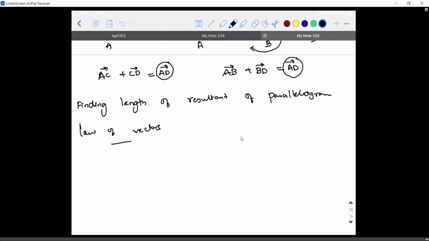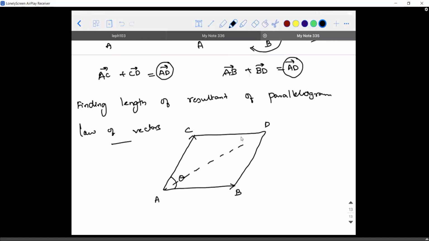So I'm directly taking the sides, guys. This is AB. If I take this as CD, let me say the angle between AB vector and AC vector is theta. AB vector and AC vector, I call it as theta. Now, if I draw this, then I will call it as R vector. And let me call AB vector as A vector and AC vector as B vector. So A vector and B vector will be initially given. Then what can I say about BD vector? That is also B vector.